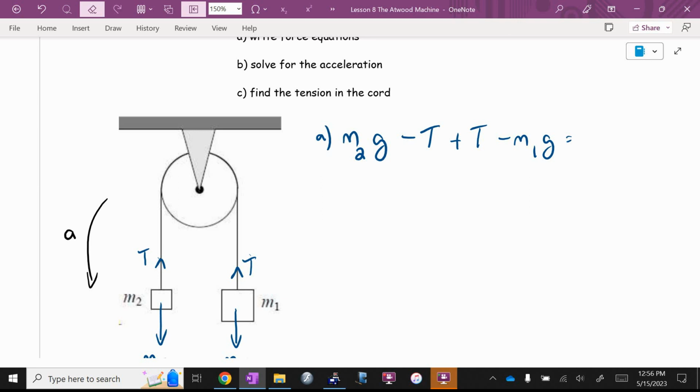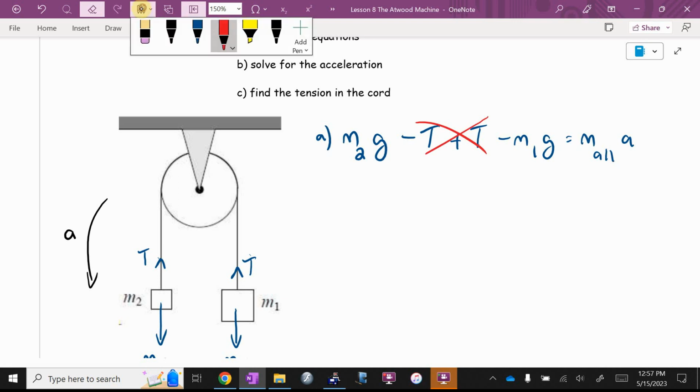What does winner minus loser always equal? M. Oh, is there more than one mass? Yeah, M all A. Tension cancels. So if you want to, you can stretch it out, which means we can't use this equation to answer part C. But we can use this to answer part B. Cooper, what does part B want me to find? Cooper's theorem. I'm going to be really lazy and just go